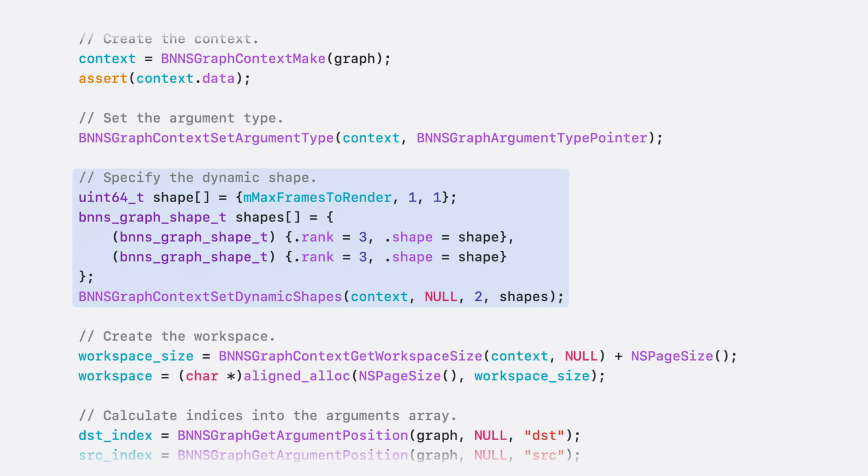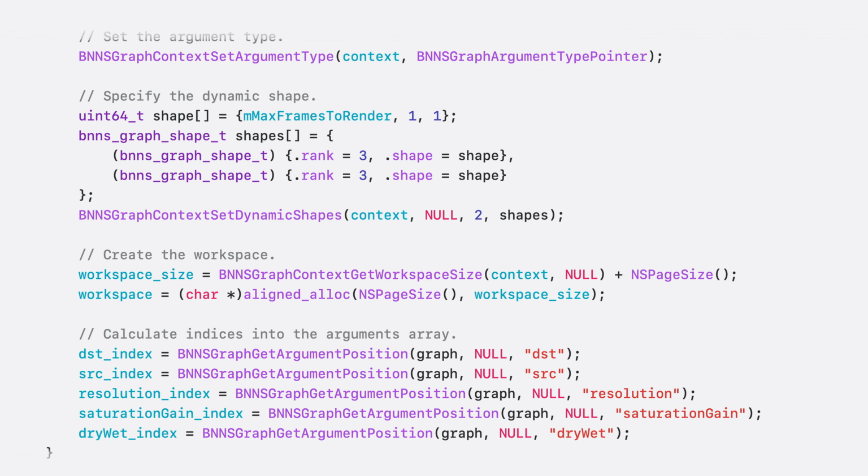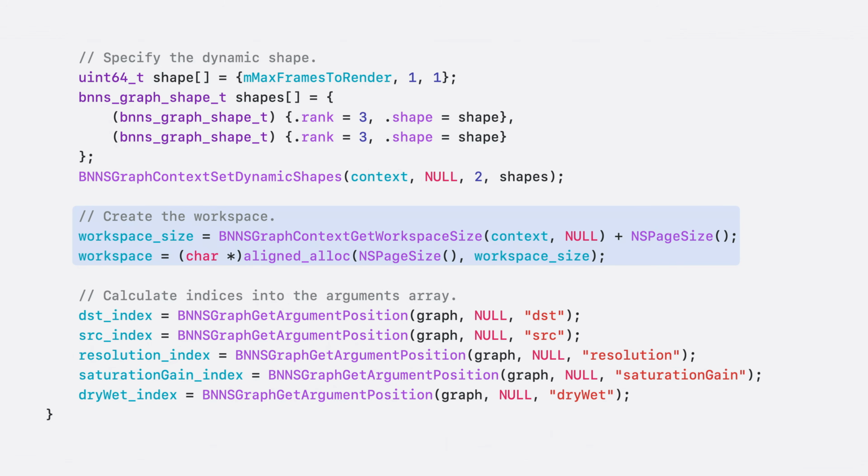So during this initialization, I'll create the page-aligned workspace. I need to update the context so that it knows the maximum size of the data it'll be working with. To do that, I'll pass a shape that's based on the maximum frames that the audio unit can render to the set dynamic shapes function. Now, the get workspace size function returns the amount of memory that I need to allocate for the workspace.